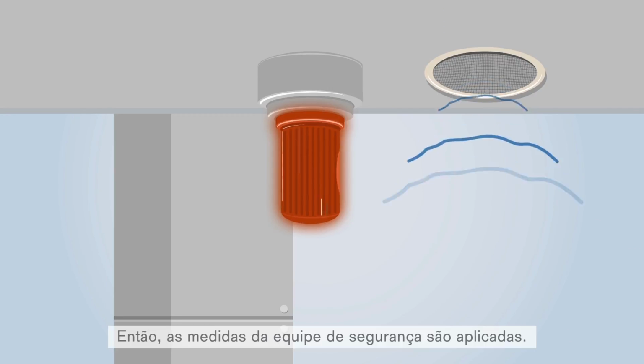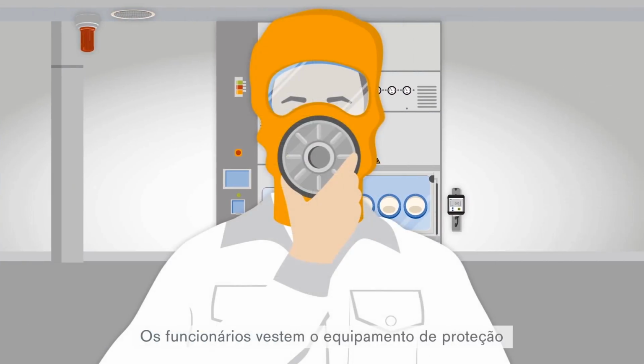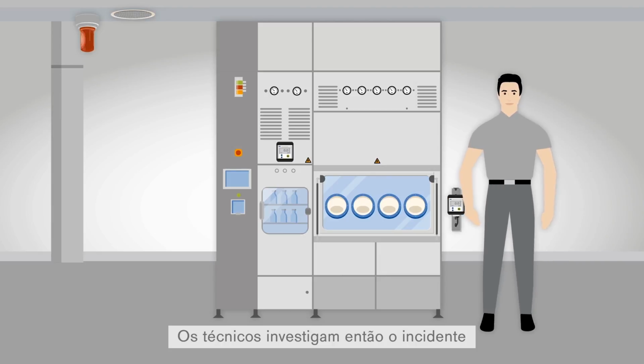Now the measures developed by the safety management take effect. The staff reach for the appropriate evacuation equipment and leave the area. The technical staff then investigate the incident and, if possible, resolve it. To deal with